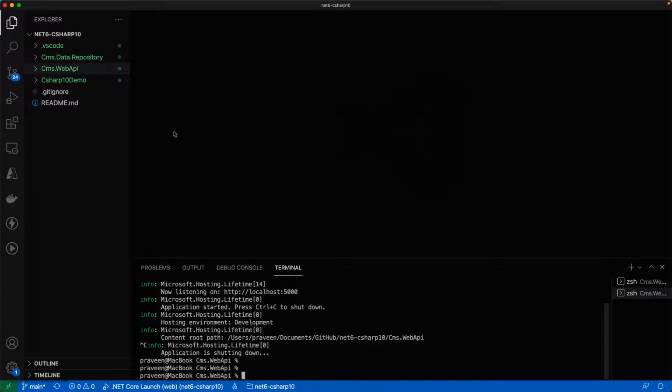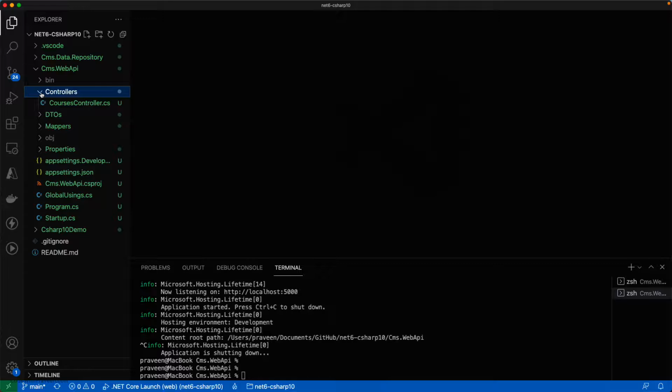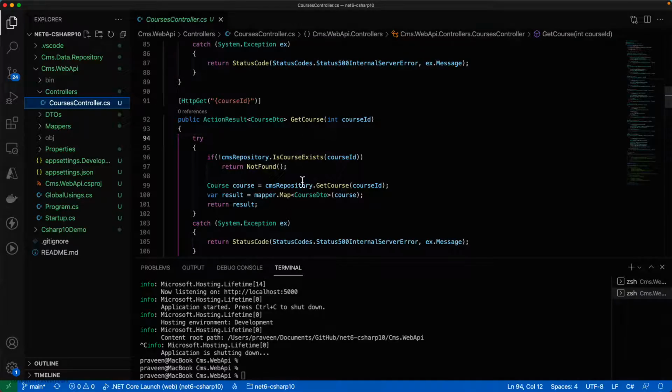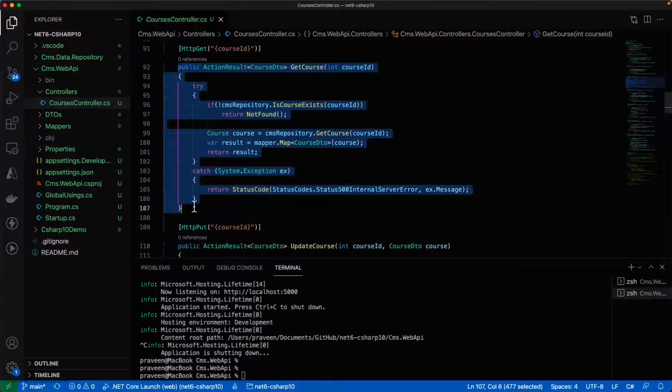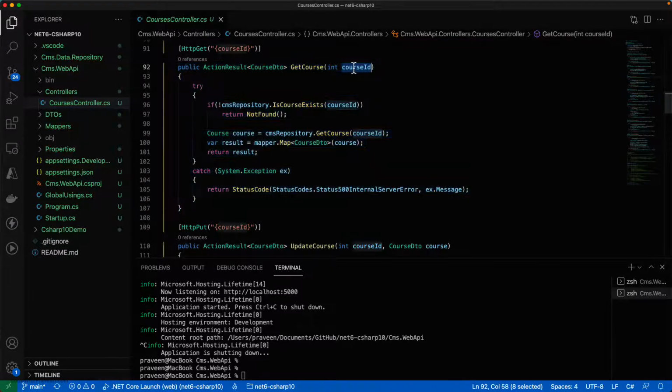Once it is done, let me go to the controller, which contains the snippet that corresponds to the get course. This method implements the get course functionality for the individual course ID. For the given course ID, it is going to fetch from the repository, map it to the corresponding DTO object and return it. So we want to ideally change the name here for the demo purpose. So what I'm going to do is to start